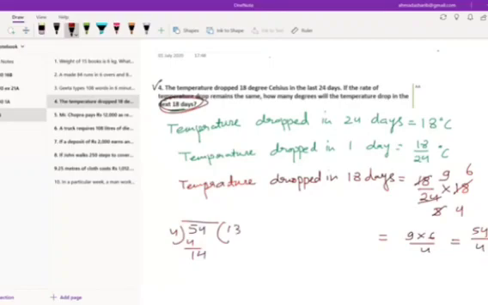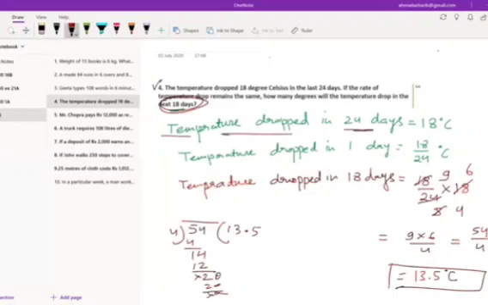4 threes are 12. Point increase 0. 4 fives are 20. So your answer is going to be 13.5 degrees centigrade. This is your answer. Okay, what you have done in this question, temperature dropped in 24 days is equal to